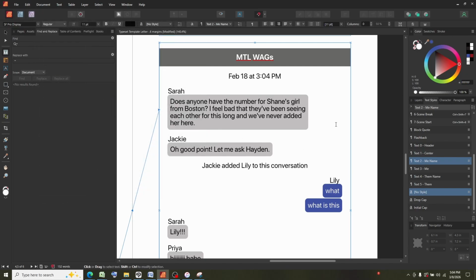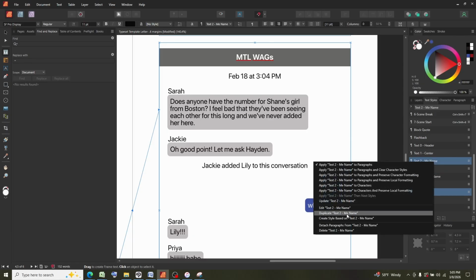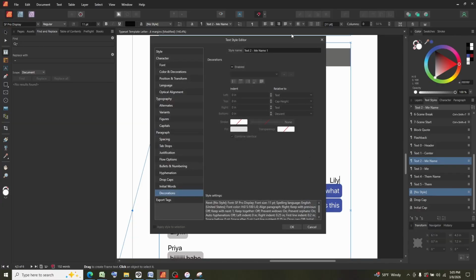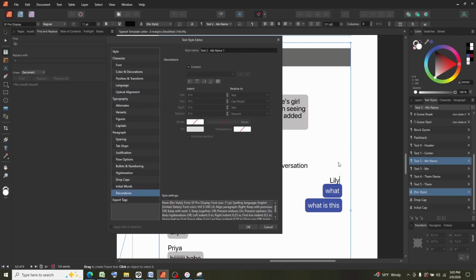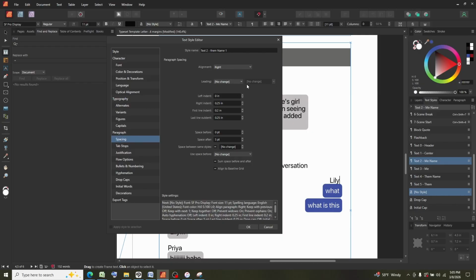And then you walk through the exact same thing, but on this other side. So I'm going to click Me Name. And I'm going to duplicate this, and I'll actually walk you through how I do this. So I already have one set up, and I want to do the left side. So I'm going to change this to Them Name. And I'm going to go to the spacing section. And this is where I'm going to be swapping